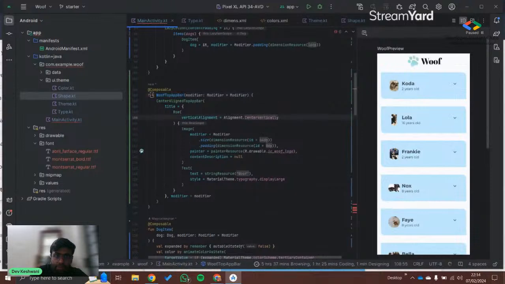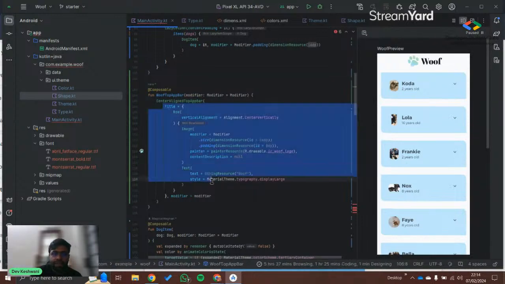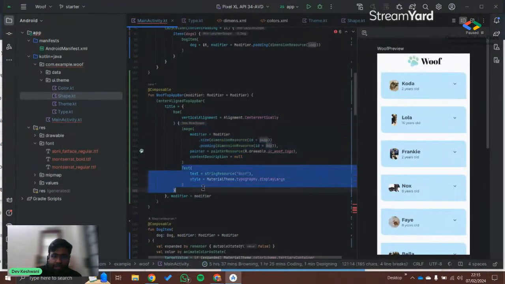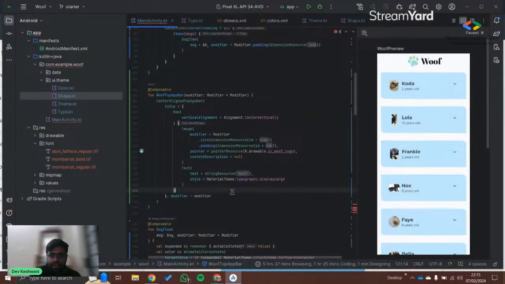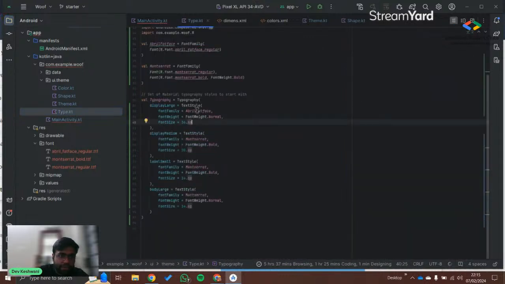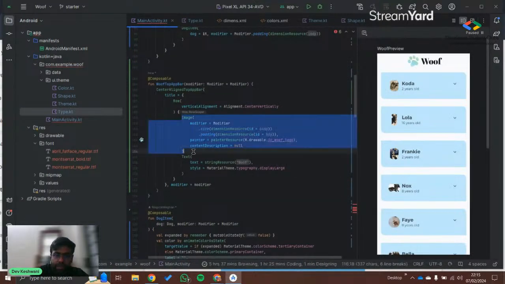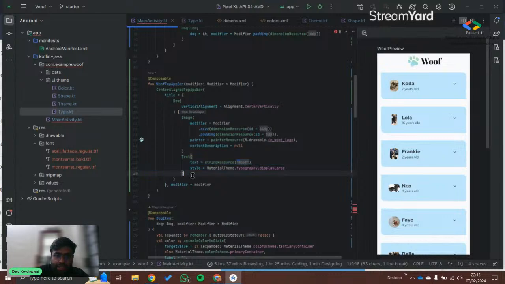So we have a composable function which is actually using center aligned top bar. Center aligned top bar is simply a class which has a title as a parameter. So we are providing the title within a row. We have an image, and we have another text which is using the display large typography of this font. As you have seen earlier, we are using Abril Fatface for this heading of the app. So we have an image and a text in a row which is defined in an app bar,